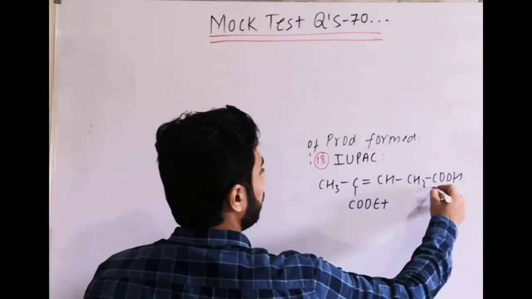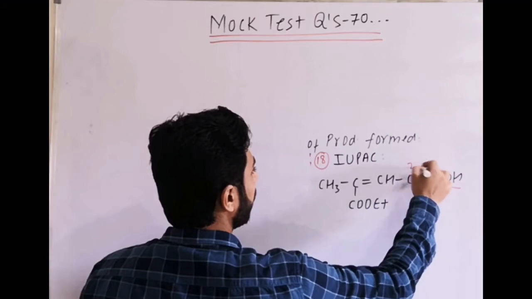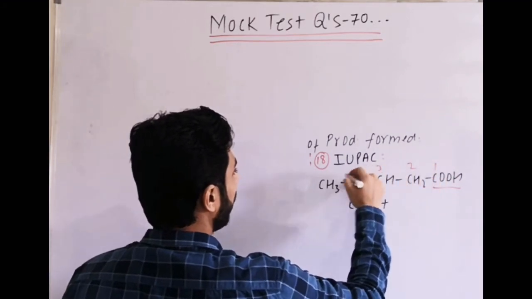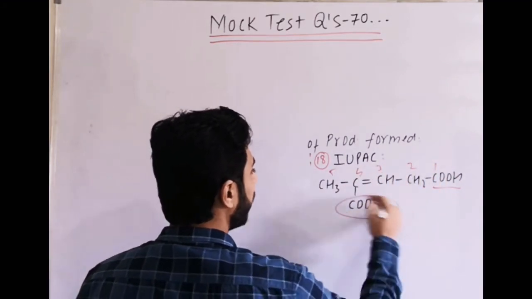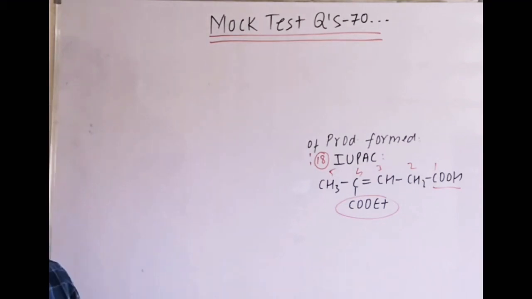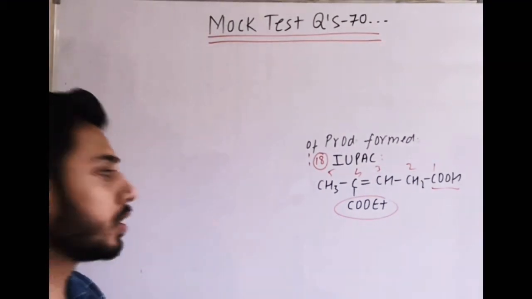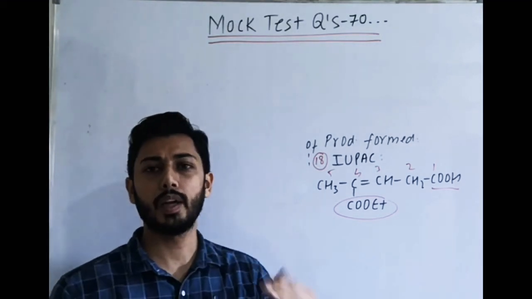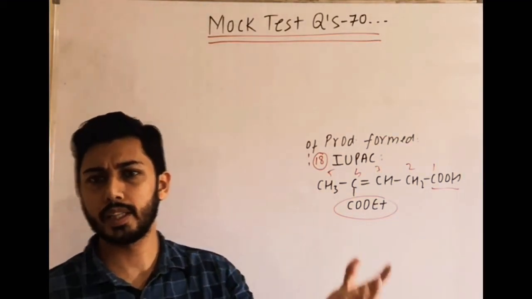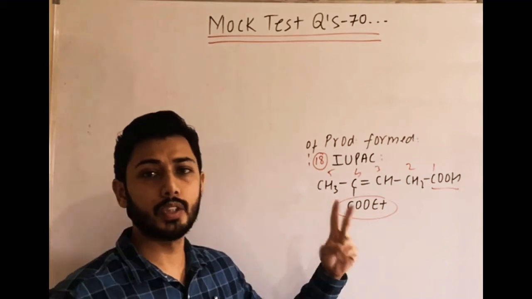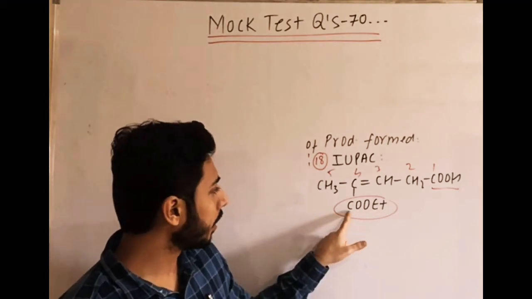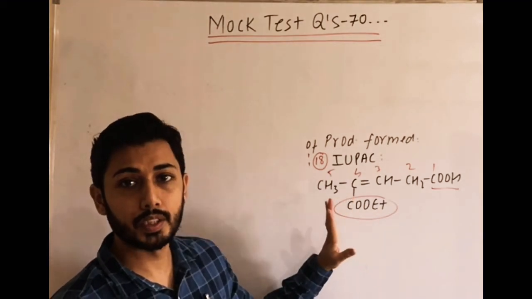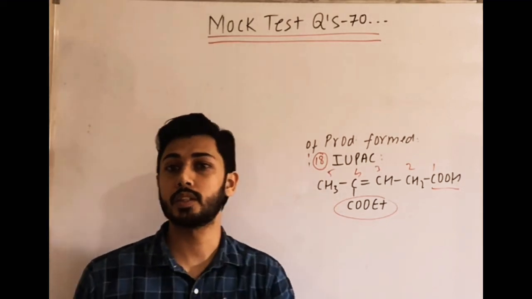So here the main group is carboxylic, and numbering starts from carboxylic carbon: 3, 4 and 5. This is an ester group and it is not a suffix, it is a prefix in front of carboxylic. So what is the prefix of ester? There are two prefixes. In IUPAC nomenclature, in the first part I think it is covered. So you can see two prefixes. Here it is connected through carbon. Which prefix when it is connected through carbon?